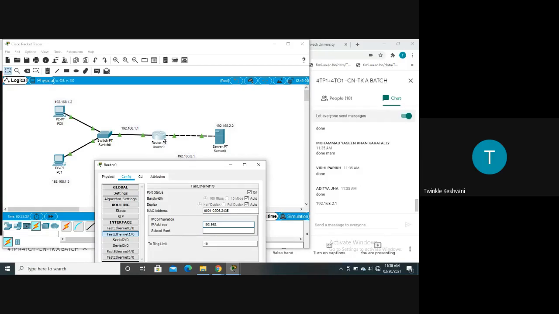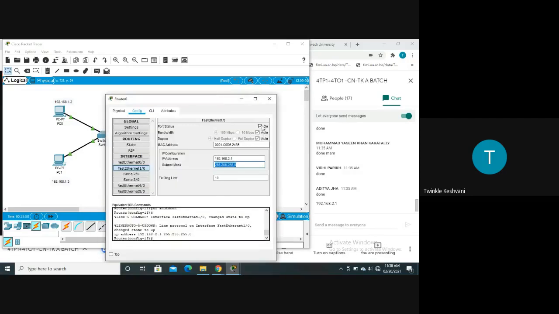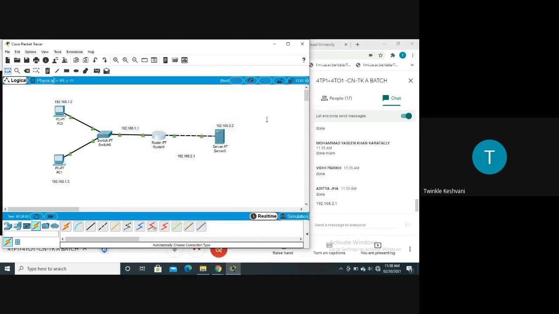As you can see here, between the router and the server, the default gateway that we have used is 2.1, right? So it should be 2.1. Make sure that you are keeping the port status on. Close this tab.